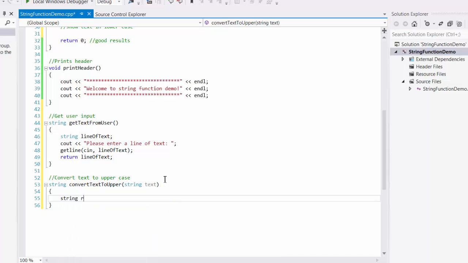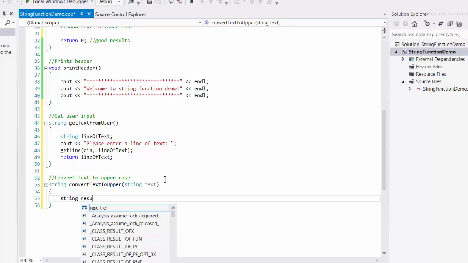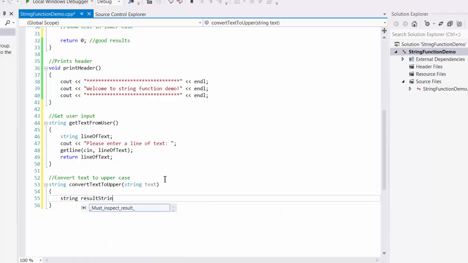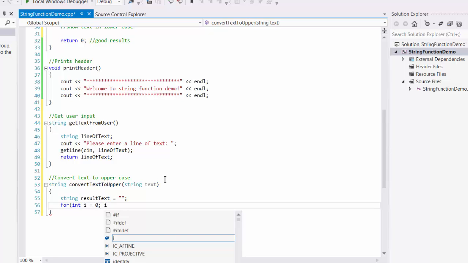I need a place to hold the result, so let's call it result text. We'll initialize it to an empty text for reasons that will become clear later. And I'm going to declare an int i equal to 0, while i is less than